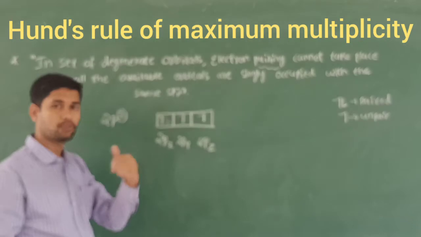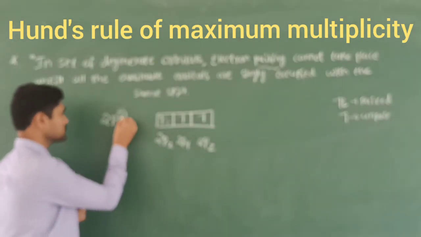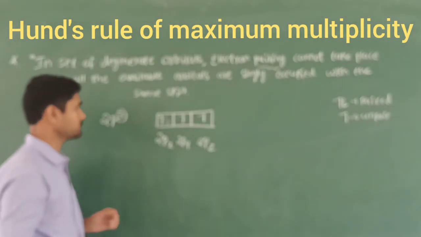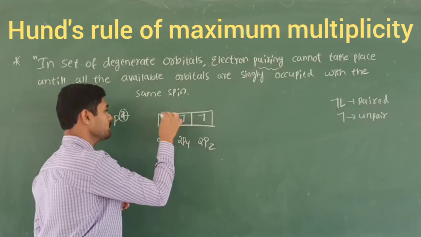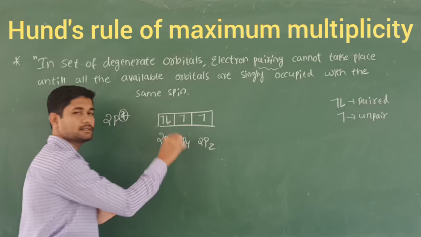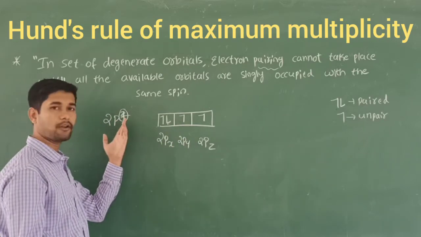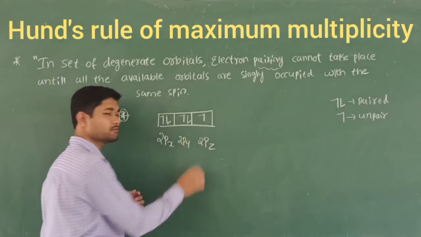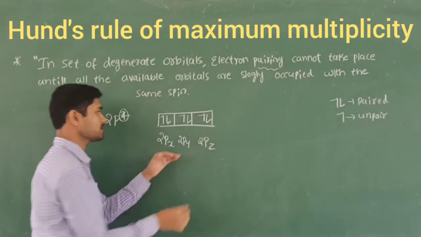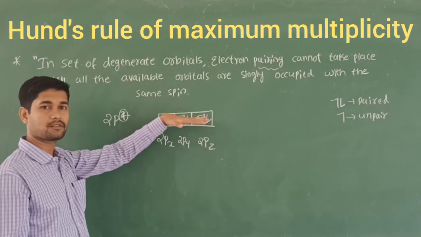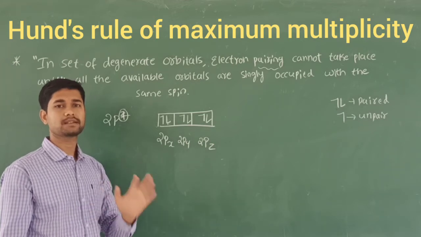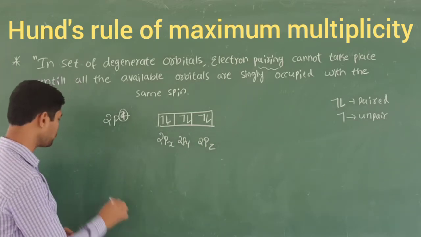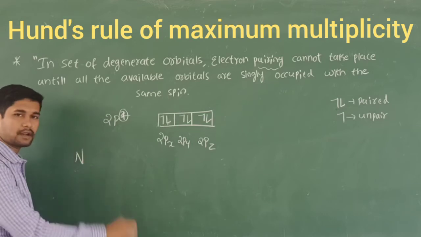If I have 2 more, take 2p4 instead of 2p3. Here 3 electrons are singly occupied, and the remaining electron I write like this. If there is 2p5, I should write like this. If 2p6, write like this. This is the sufficient number of electrons that can be filled, because a p orbital set contains a maximum of 6 electrons.